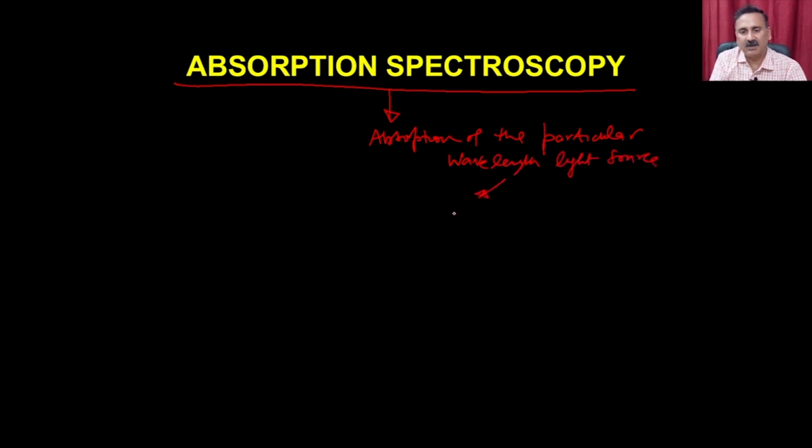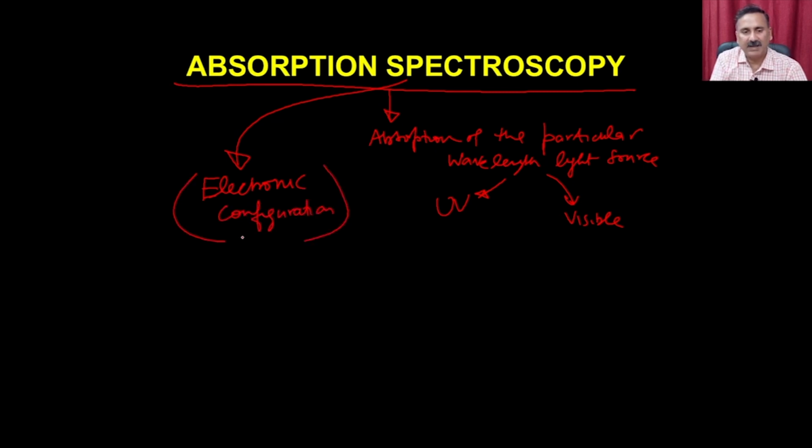It can be in the UV range or it can be in the visible range. As I said, absorption spectroscopy works on the electronic configuration of the molecule, right? So if the electronic configuration is getting disturbed, or if there is any perturbation in the electronic configuration,